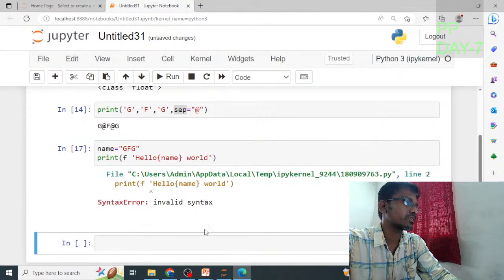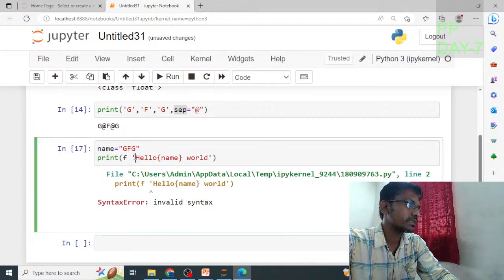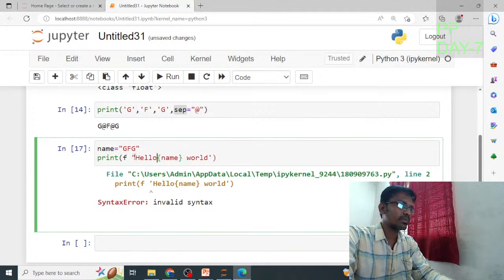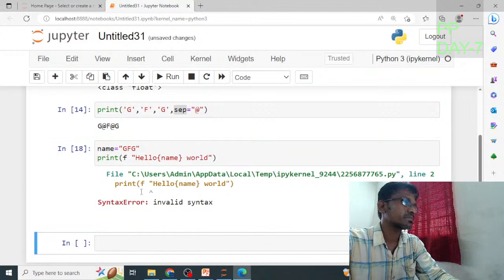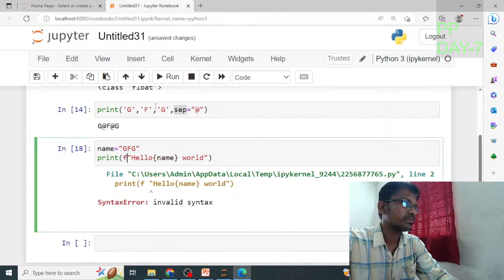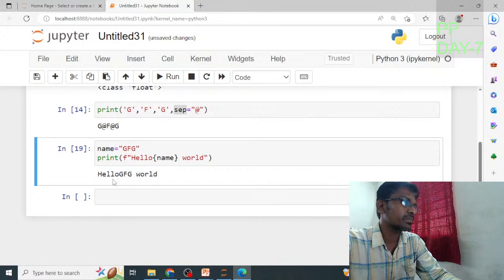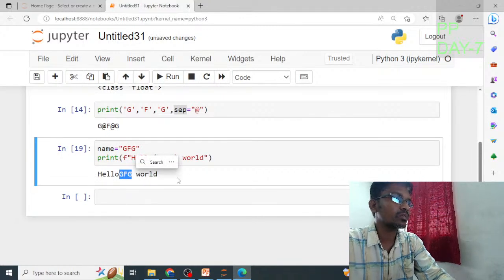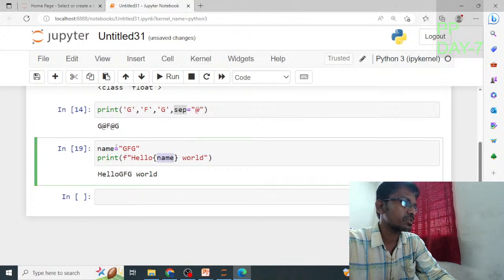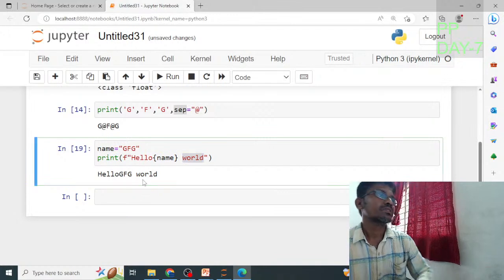Now let us execute this code here. So invalid syntax. So I will write in double quotes, then execute the code. Okay, now see here. It will go and print hello followed by GFG. In the place of the open and closing curly brackets, it will substitute the name, that is GFG, followed by world. So that is the output of